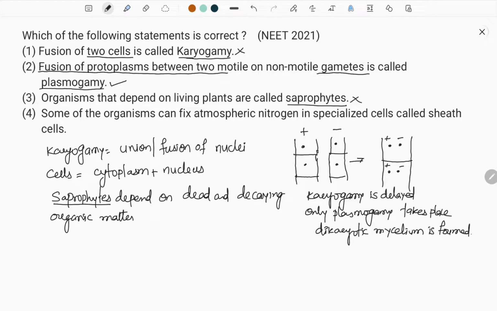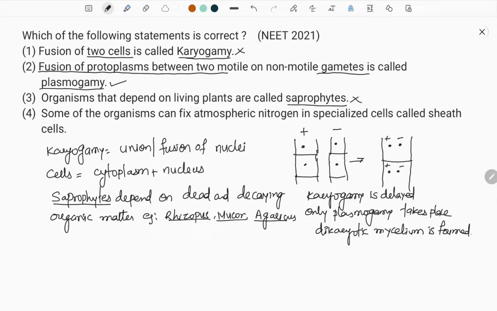We can give lots of examples, like majority of the fungi, Deuteromycetes fungi, some of the Phycomycetes, some of the Basidiomycetes. Like we have mushrooms. Mushrooms are the best example of saprophytes. Bacillus is best example for saprophyte. Even bread mold, pin mold, what we call the Rhizopus, mucor, agaricus, that is mushrooms, all that come under the saprophytes that grow on dead and decaying organic material.